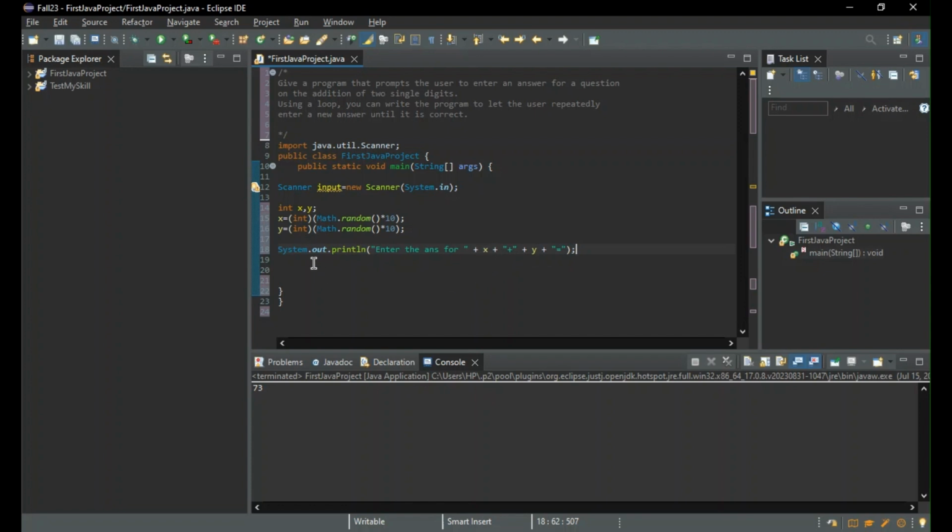I want their values to appear for the user. Here I will create an integer userAnswer that is equal to input dot nextInt function. At this point, the program will take the user's answer, and then we will start the while loop. So inside the loop continuation condition, I will say userAnswer